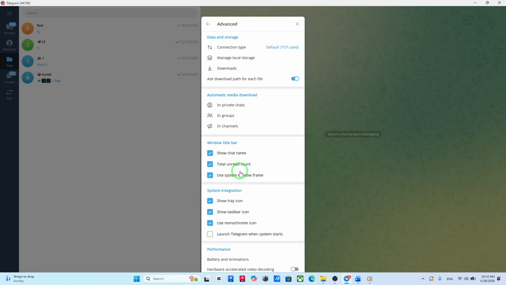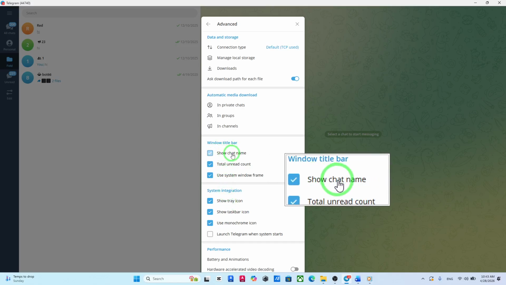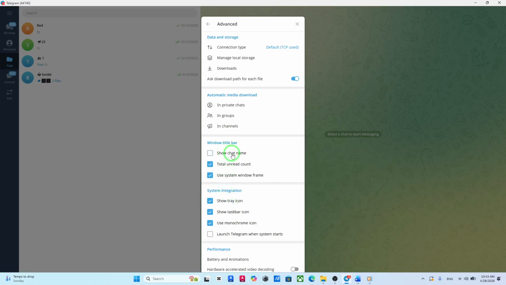Inside the Advanced settings, keep scrolling until you see an option called Show Chat Name. By default, this option is turned on, which is why your chat name appears in the Windows title bar. To hide it, simply uncheck the box next to Show Chat Name. And that's it. As soon as you disable this option, Telegram will stop displaying the chat name in the title bar,